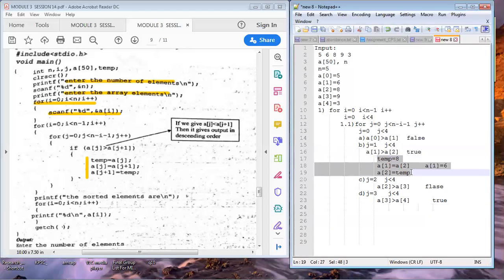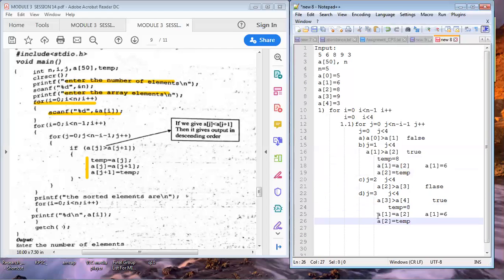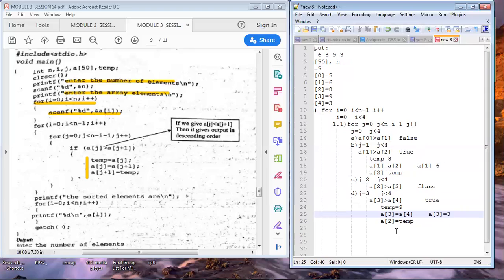Again we follow the same step. But now which elements are we swapping? A of 3 and A of 4. 9 and 3 we are swapping. So temp will be copied with A of 3, which is 9. 9 is copied to temp. After that A of 4, which is nothing but 3, is copied to A of 3, so A of 3 will become 3, and temp, which is 9, we are storing in A of 4.